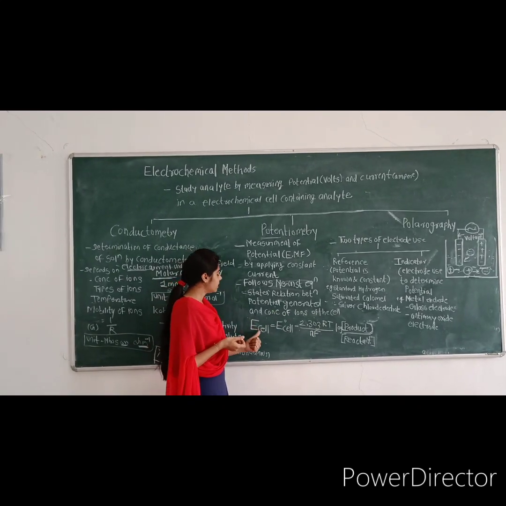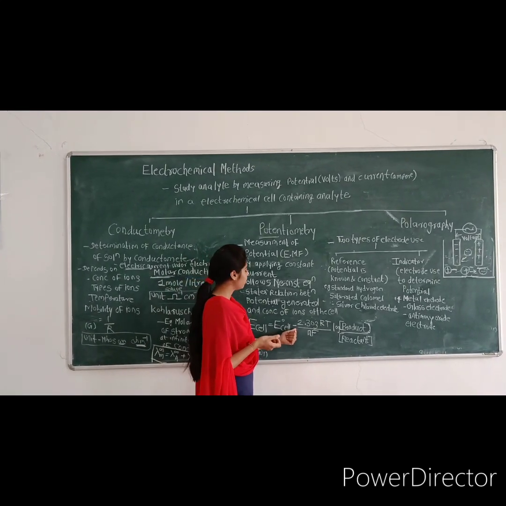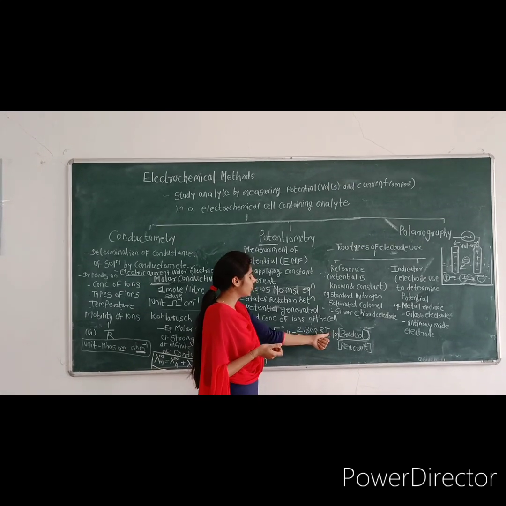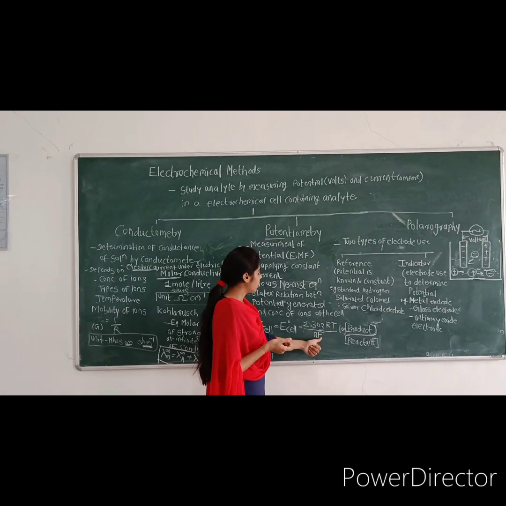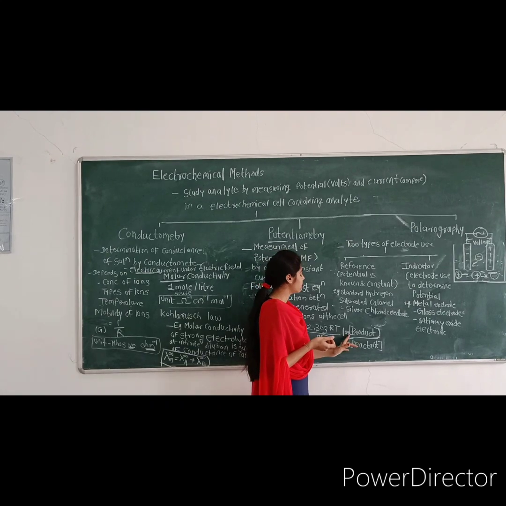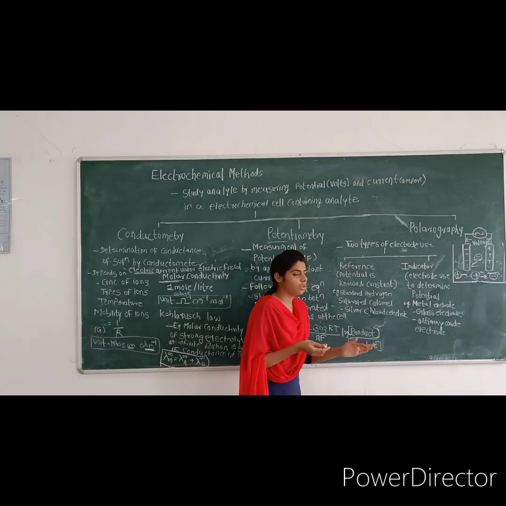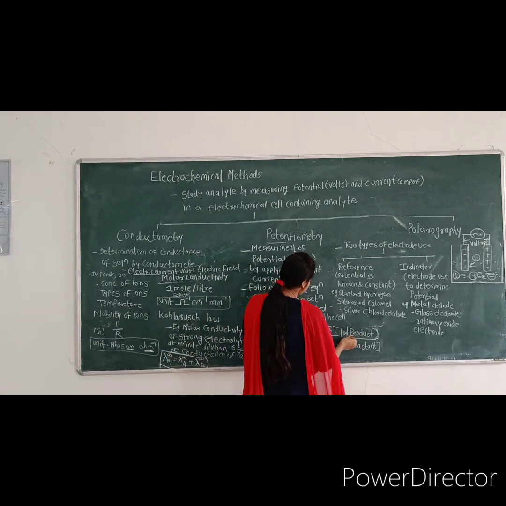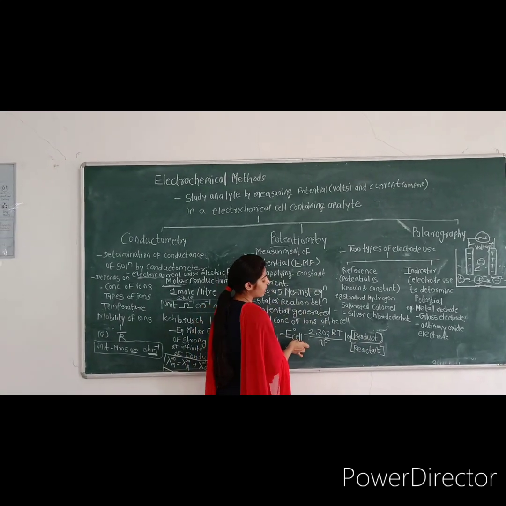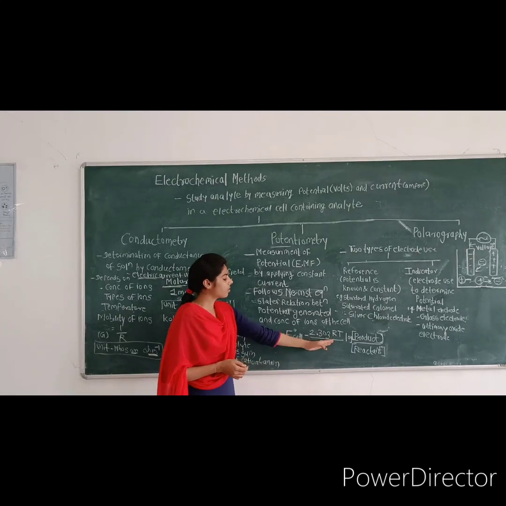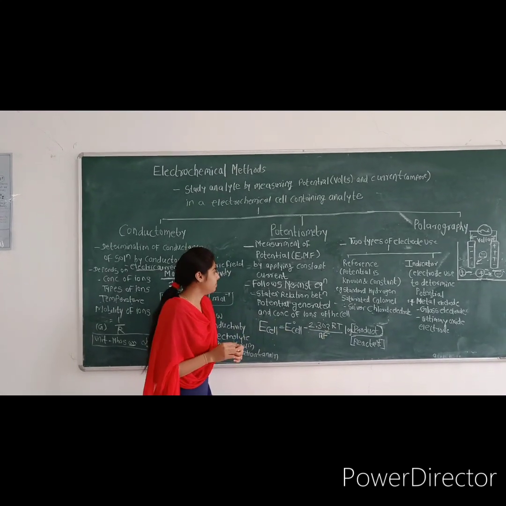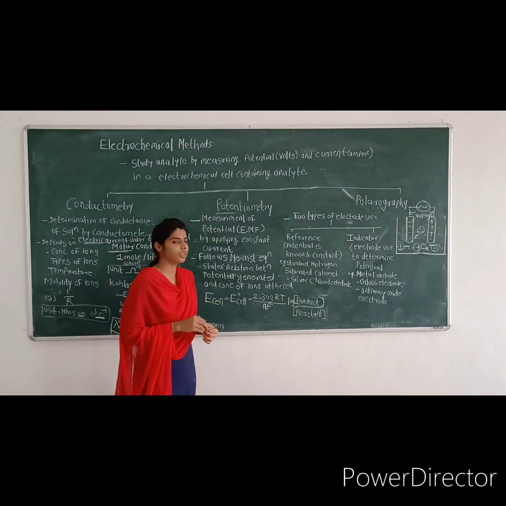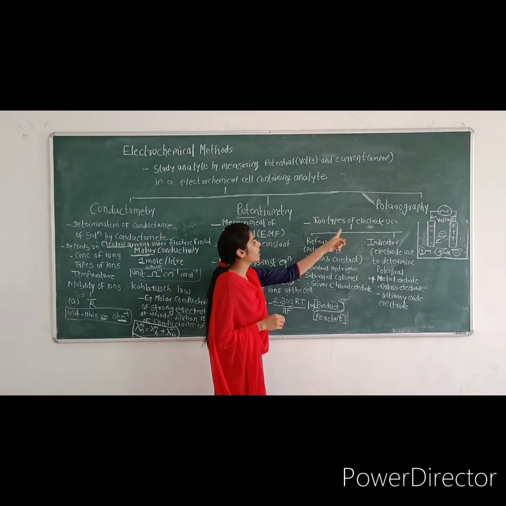Here, see here, that is E cell equals E0 cell minus 2.303 RT divided by nF, times the log of product over reactant. It means the relationship between concentration of these ions and this is the potential. This is the Nernst constant. Okay, then two types of electrodes are